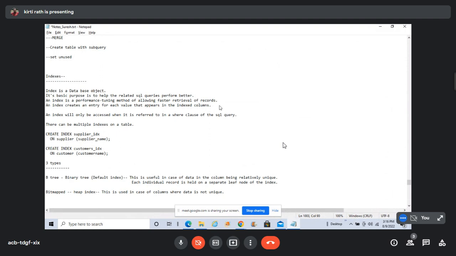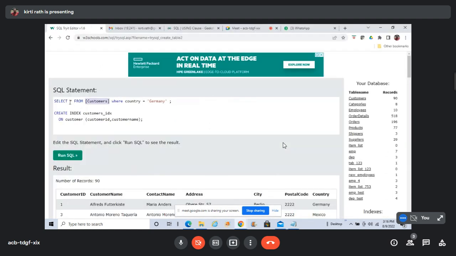Basically, what the index does is it sorts the data and holds it. But if you don't access it in a where clause of your select query, you will not get the benefit